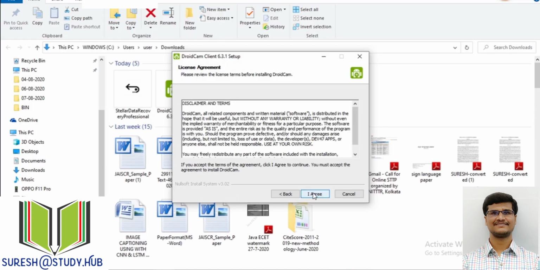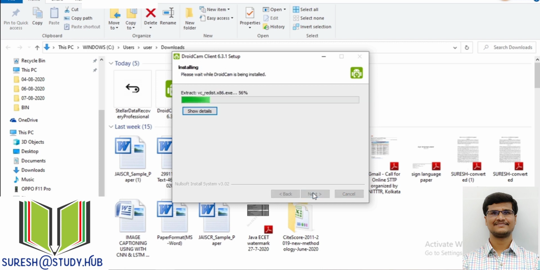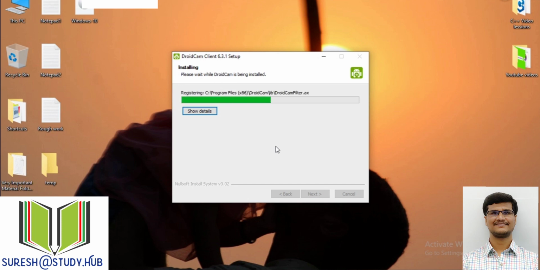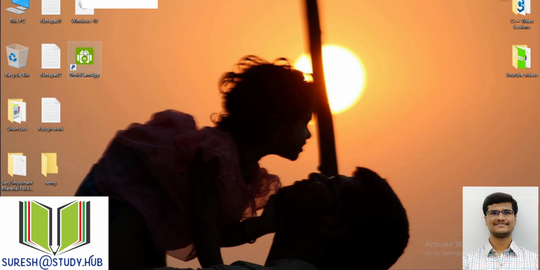Just click on next. I agree. You click on next. Install. Click on finish. Now you can see one shortcut is there, right?